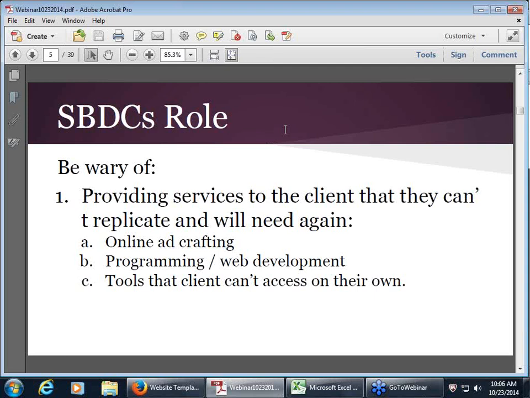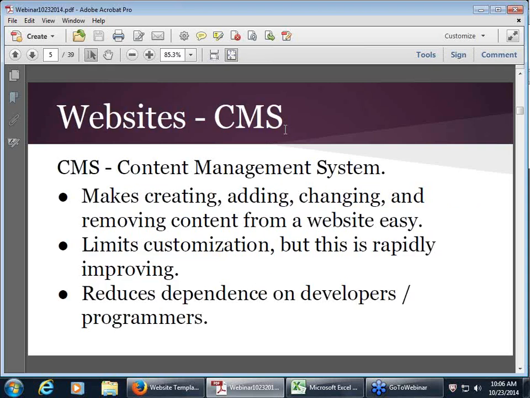So first off, going into websites, I'm going to recommend a few content management systems that business owners and businesses that are looking to have a website can use. In brief, a content management system is a set of programs that run on the server of the website that allow you to make changes to, add content to, and remove content from the website without having to specifically write HTML, the code for websites. So content management systems have really made it a lot easier for many more people who previously couldn't build websites to now make their own.